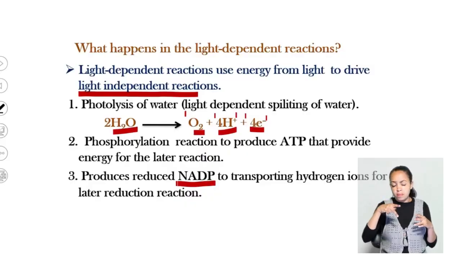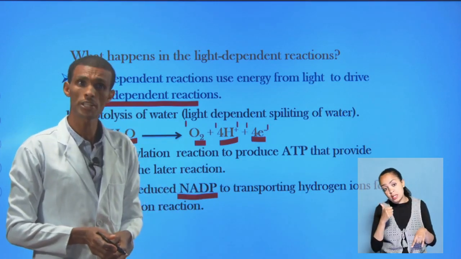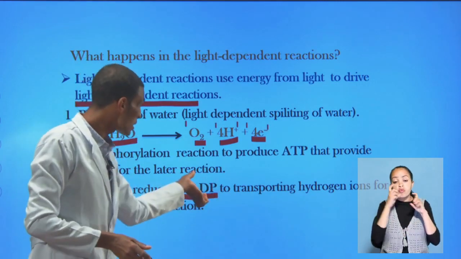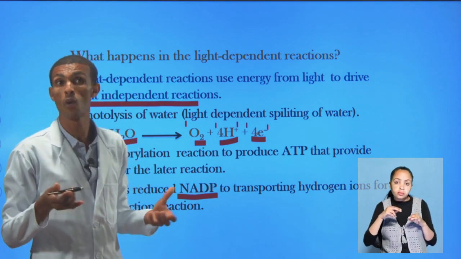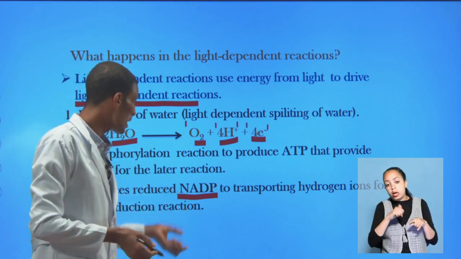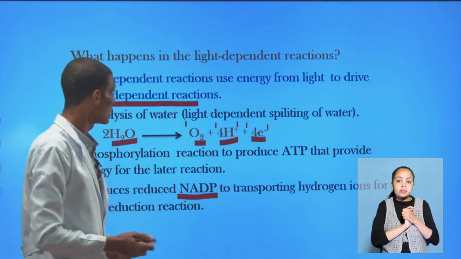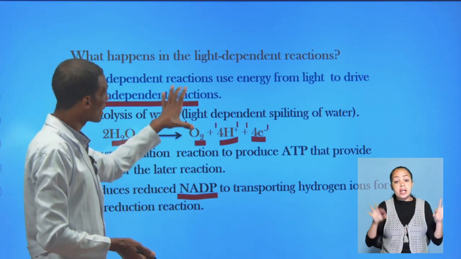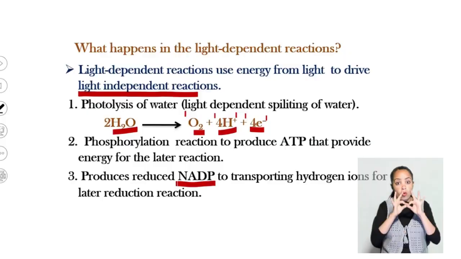If we say there is proton transfer from one carrier to another in respiration, the same is true for photosynthesis, which is transferring protons, used as a proton transfer from one carrier to another in photosynthesis, which is NADP here. So, these three main reactions are very important in the light-dependent reaction, which is very important for the later reduction